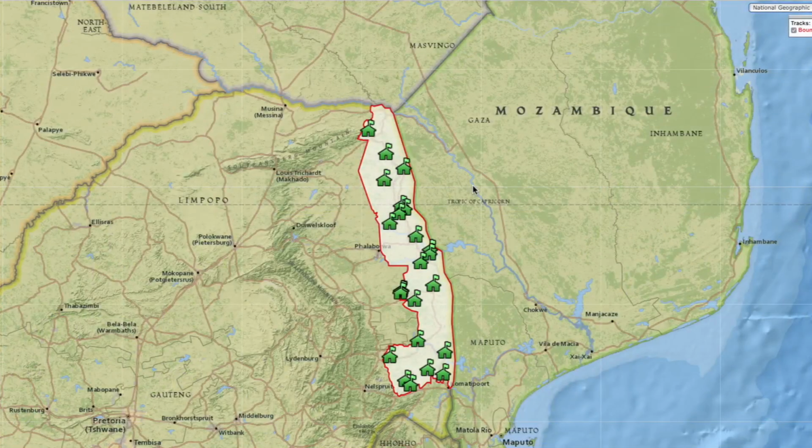Now you know what a rest camp is. I do want to put on the map again the lodges in Kruger National Park, because I need to explain the difference between a rest camp and a lodge. Having said that, I'm not going to go deeper into them than that,